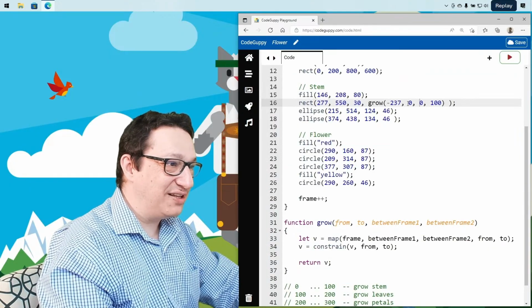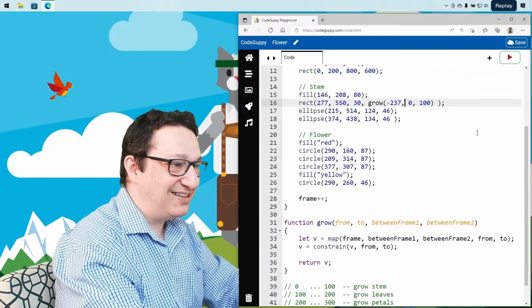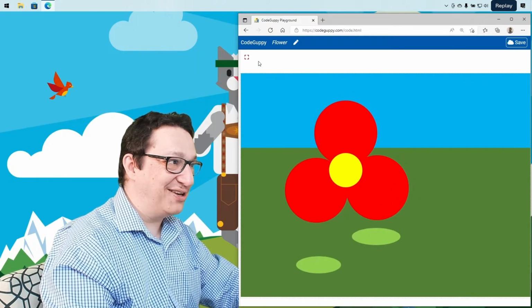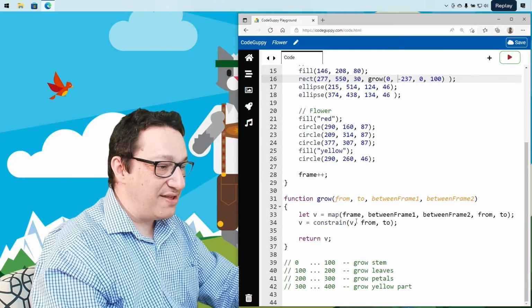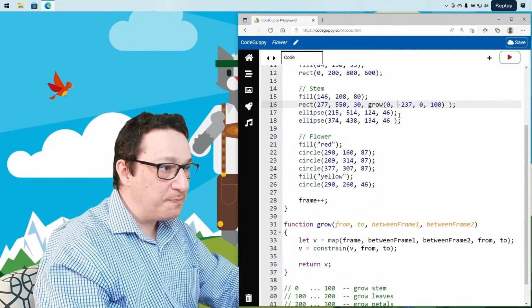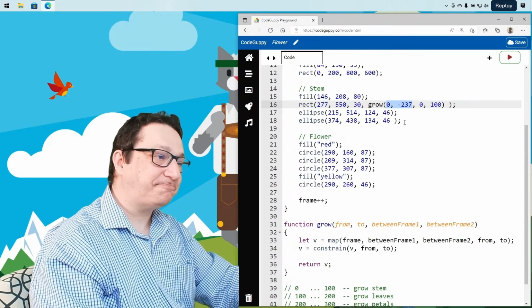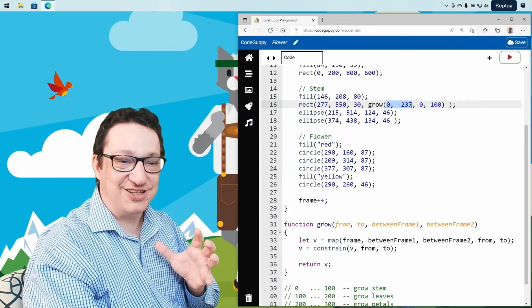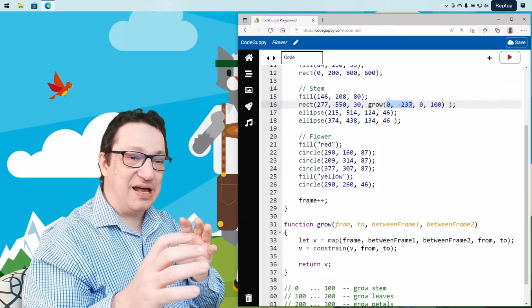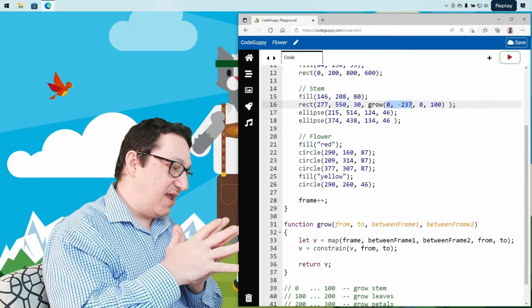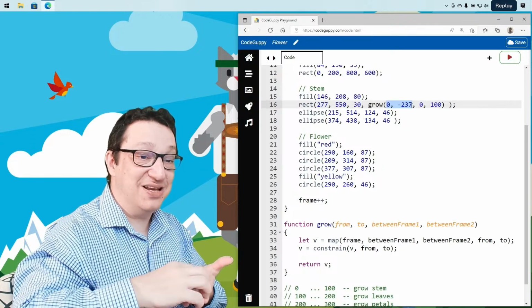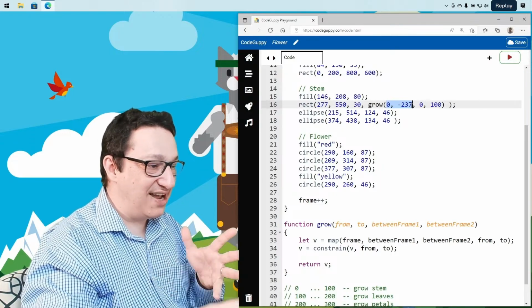Yeah, we solved it, it appears, but it's just not going the right direction. All right, so I think I know what we have to do. Basically here it's going between 0 and minus 237. The numbers should be in correct order. So basically the first one should be less than the second one, and since they are not,